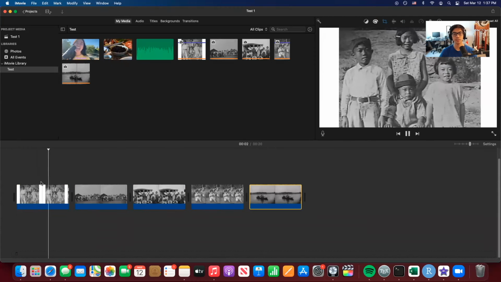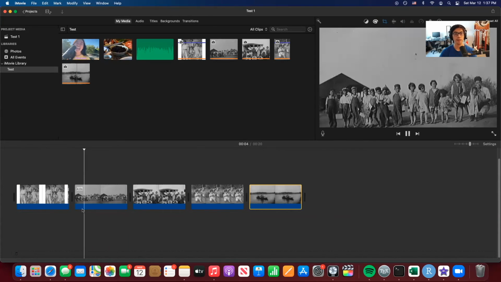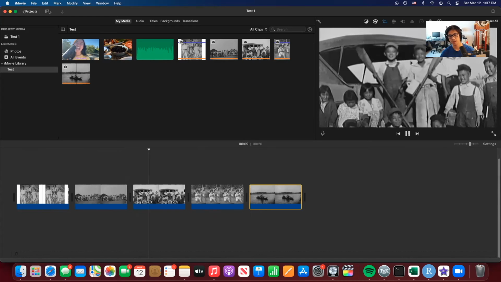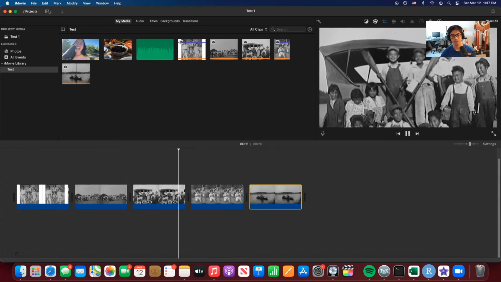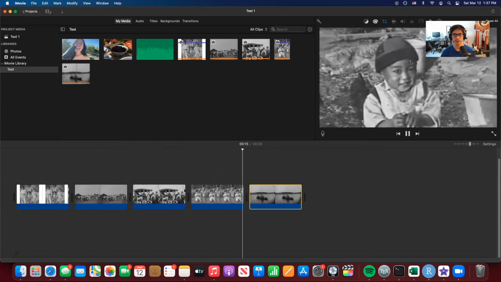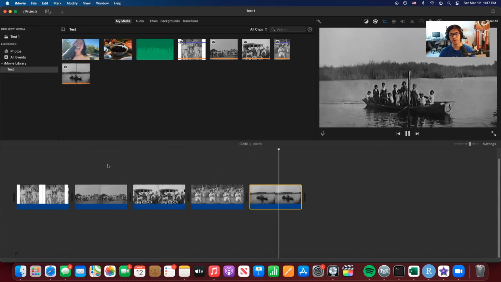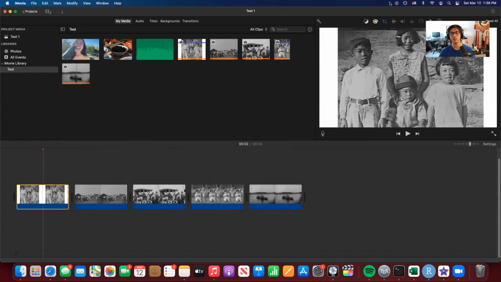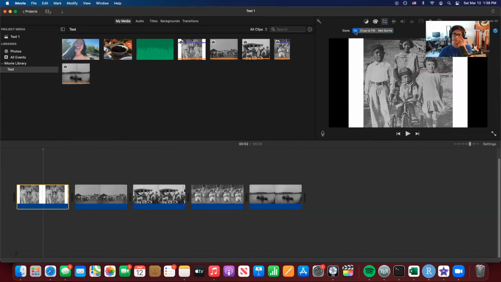And even though they're still images, they can have length, right, that they're being displayed. You see that it's tried to smartly decide and give us a little bit of movement, some kind of Ken Burns effect. If we don't want that, or we want to change that, all we've got to do is highlight the region we want to edit and go up here on the upper right, and there's a little crop button. We can click that, and if we say fit, it's just going to make it so the whole thing fits,